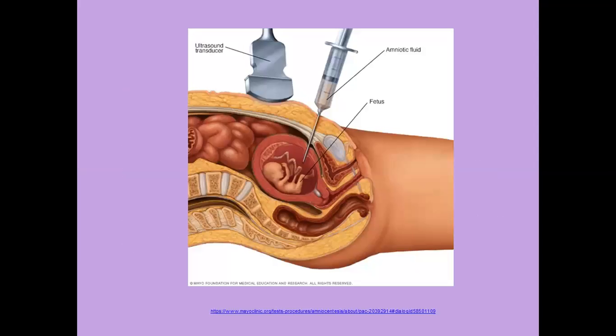Those cells and or those proteins are then analyzed in various different ways to determine whether there is anything wrong with the embryo or fetus. So let's have a look at how it's done, and then we'll talk about the actual testing. So in amniocentesis, what happens is,